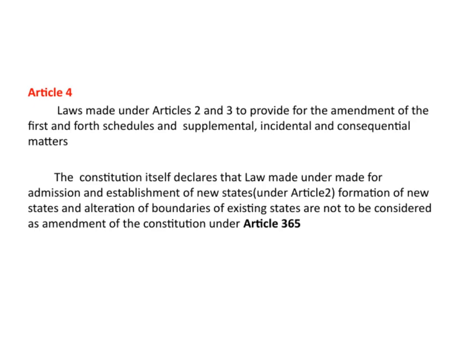Let's take a closer look at Article 4. This article basically clarifies the scope of laws made under Articles 2 and 3. These laws are primarily aimed at amending the first and fourth schedules of the Constitution, as well as handling supplementary, incidental, and consequential matters. Now, an important point here is that the Constitution itself explicitly states that laws made under